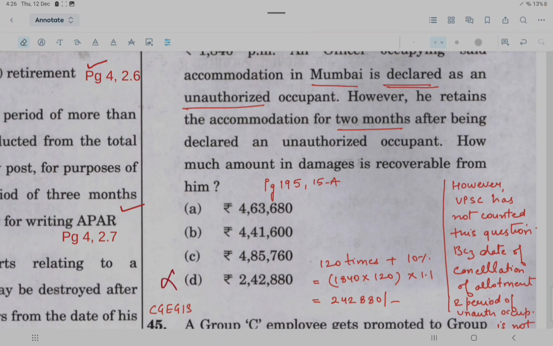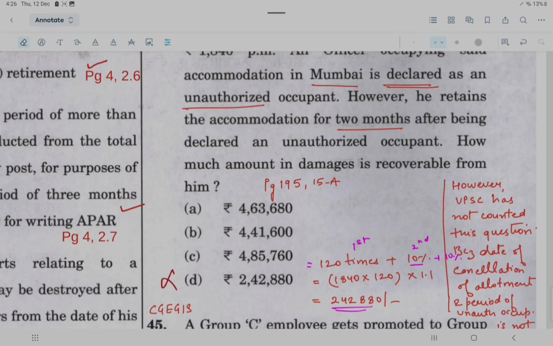So this is the mathematical formula which we are using: 120 times, which is for the first month, and this is for the second month, and so on, 10%. So 1840 is the license fee, multiply by 120 and multiply by 1.1 to get the additional 10%. You will get this figure. Now this is also in the options, because